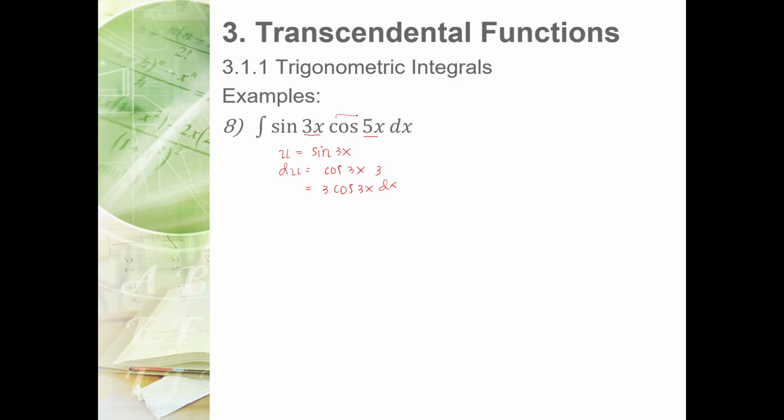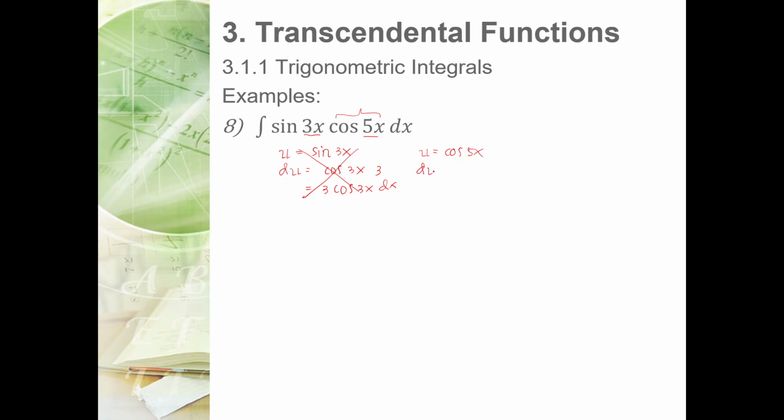it's cosine 5x. So unfortunately, we cannot use u sub again because we need 5 as the angle. But here, if we try to derive sine 3x, the corresponding answer is cosine 3x. So the angle is not the same as the other cosine. So even if you try to let cosine be the u parameter,